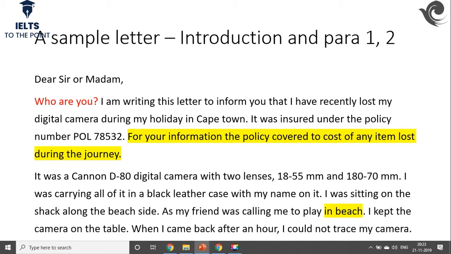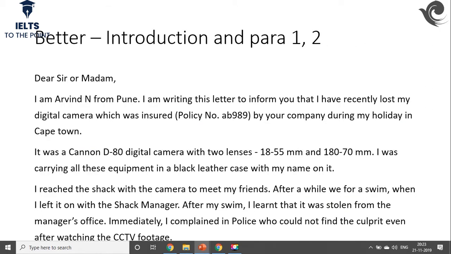Rather, what should be the better way of putting this particular thing? Dear Sir or Madam, I am Arvind N from Pune. I am writing this letter to inform you that I have recently lost my digital camera, which was insured (policy number in brackets) by your company during my holidays in Cape Town. Alright, so 2 separate sentences make it very easy for the examiner to understand that first of all,